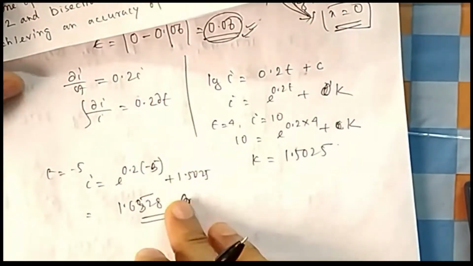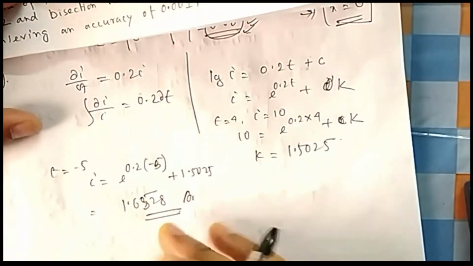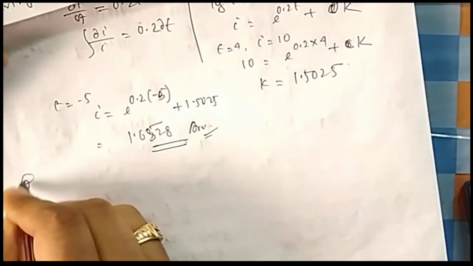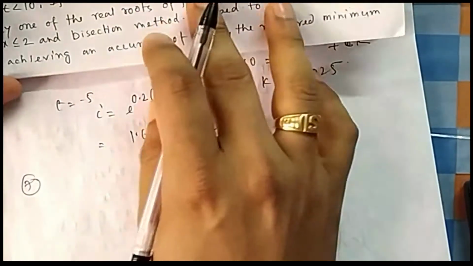So it is a simple differential equation solution, nothing else. First order, simple: just separate the variables, integrate, then you will directly get it. No need to go for Euler's method or anything. They are not checking whether you go that way, they are just asking for the answer.